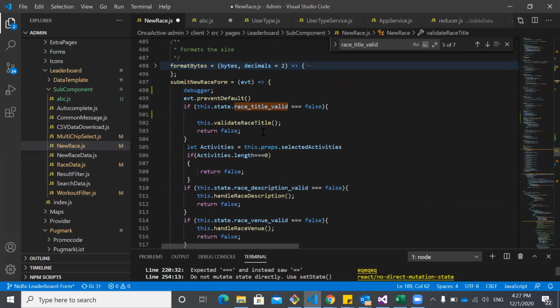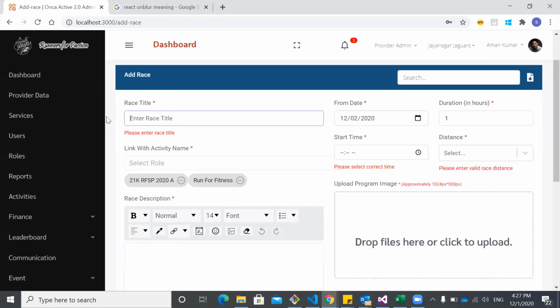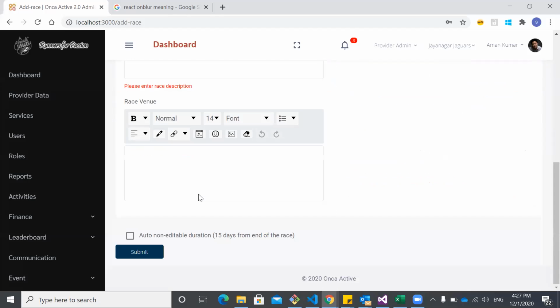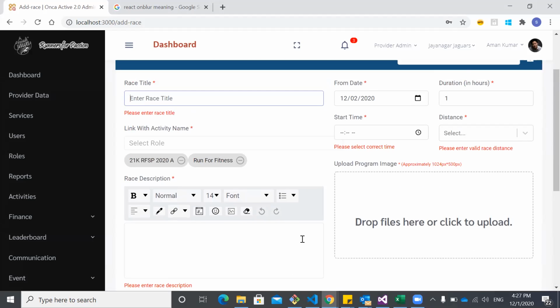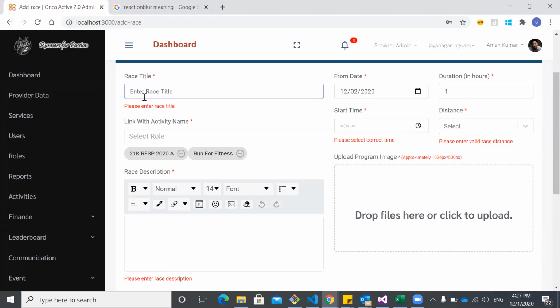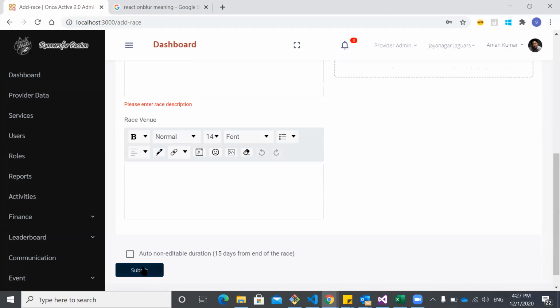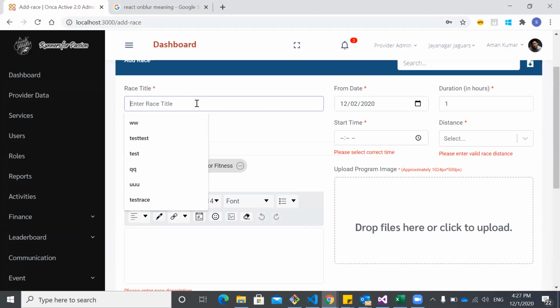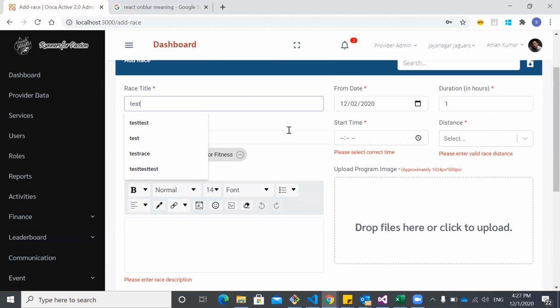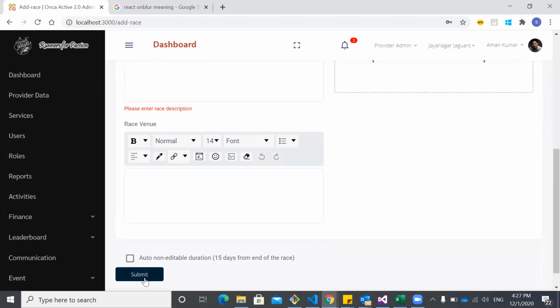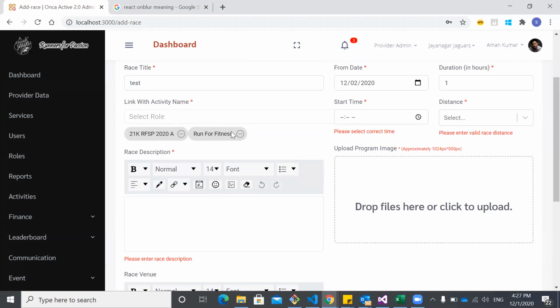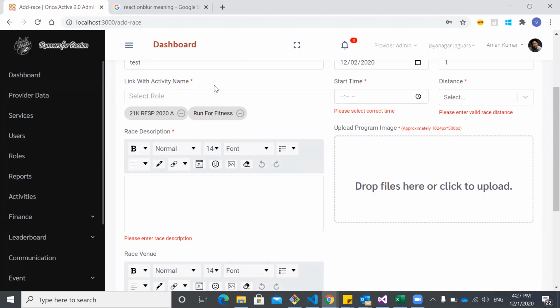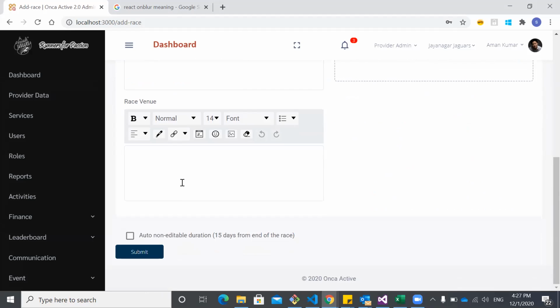After that, we are doing return false because we have to do form validation one by one. If I haven't done return false, then it will validate all the fields in one go. But here, first if a particular field is undefined, then only it will show that rest title is undefined. Then I'm going to print the rest title. After that, it will validate the rest distribution, because link with activity name is there, so it will not validate link with activity name. Here I'm going to print something like data like this.